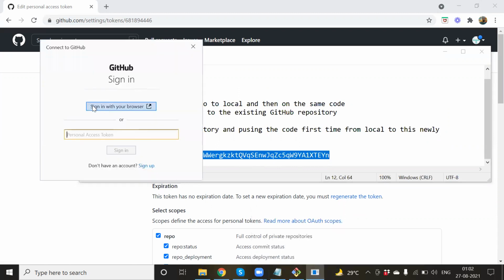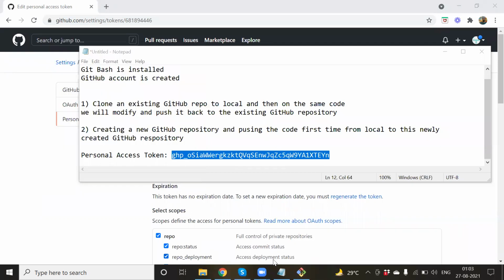Okay, you can also do this, guys. So this is more easier actually. You just go and sign in with the browser. You can do this very easily, right? Like the same way you log in to the website or GitHub. But it's good to understand about SSH keys and also the personal access token. So any one of them you can use.